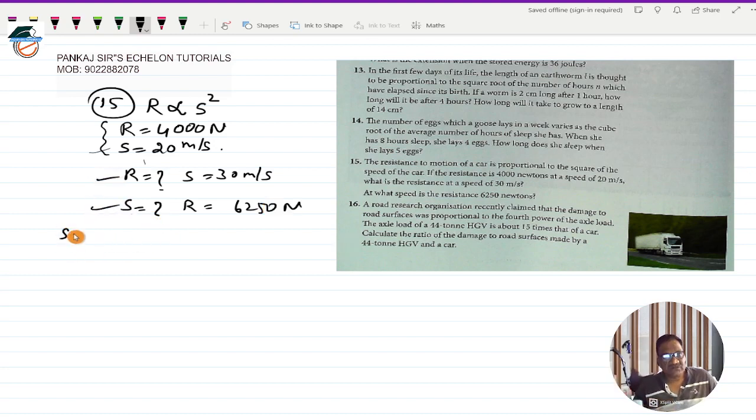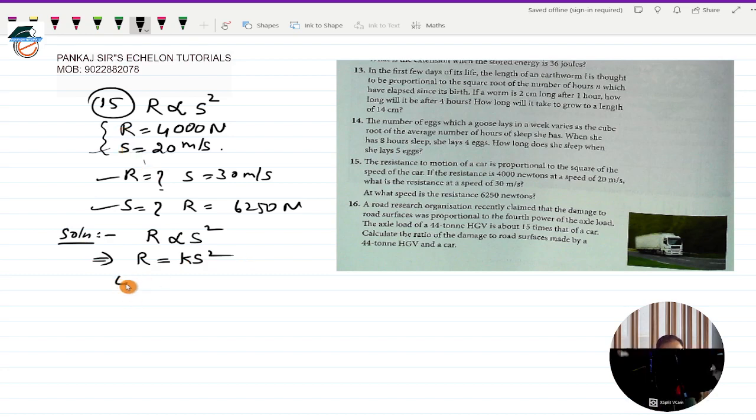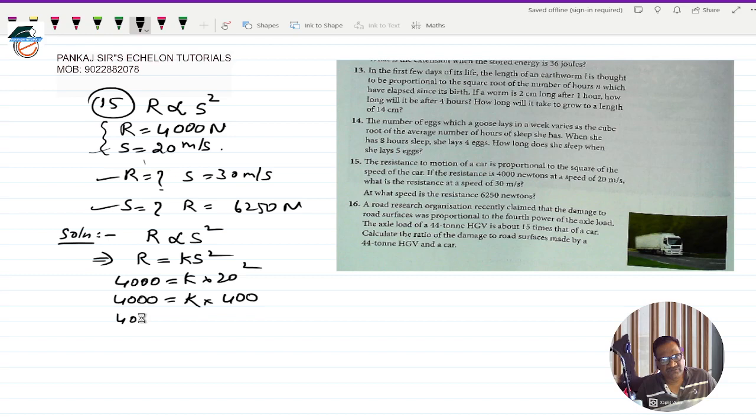So as usual, the solution will be: R is proportional to s square. This implies that R is equal to K times s square. Now the values of R and s are given to me, so I'll take those values. 4000 equal to K into s, I'll take 20 square. Okay, this works out to 4000 equal to K times 20 square, which is 400. So 4000